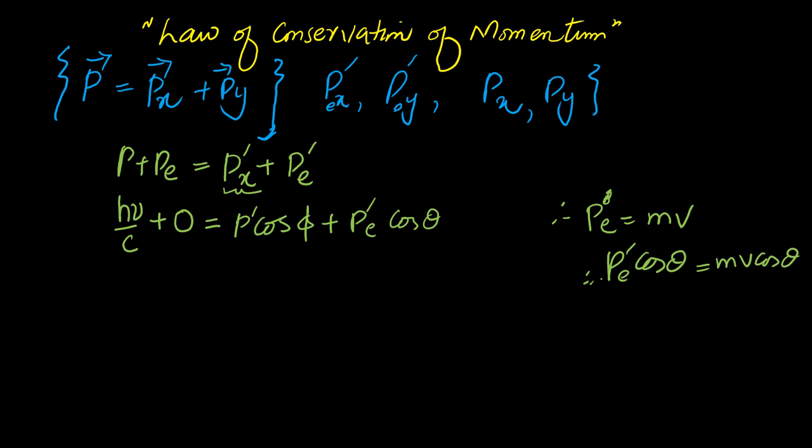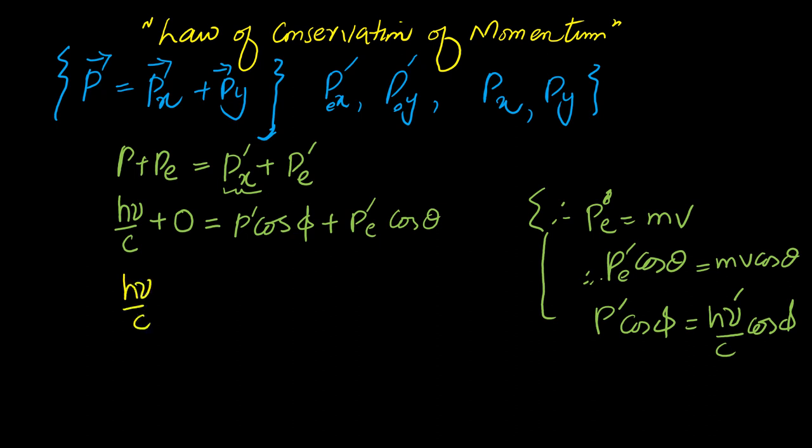And similarly, the momentum of the photon along the x-axis is p dash cos of phi. As you know, the momentum is h nu divided by c, so for p prime it will be h nu prime divided by c into cos of phi. So now putting these values in the equation, we get h nu divided by c is equal